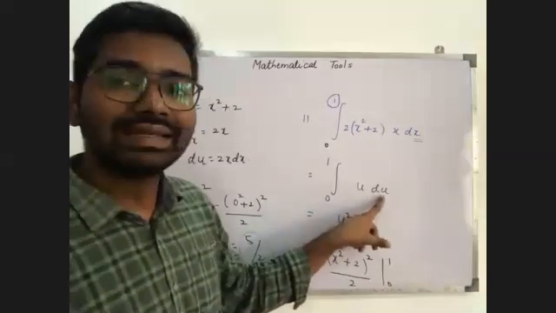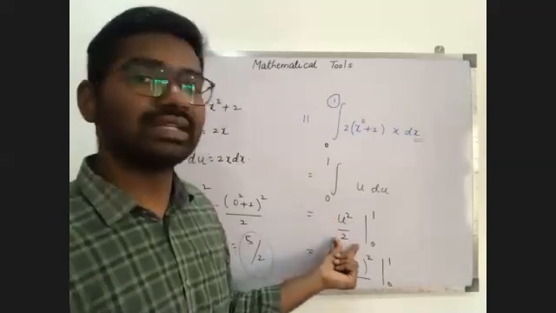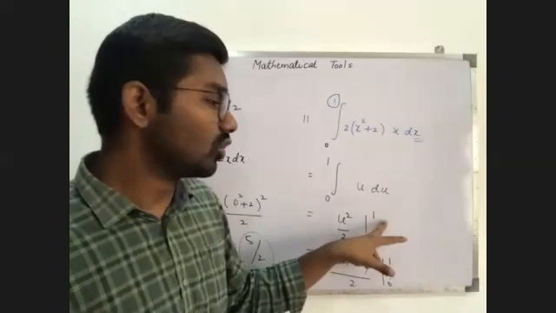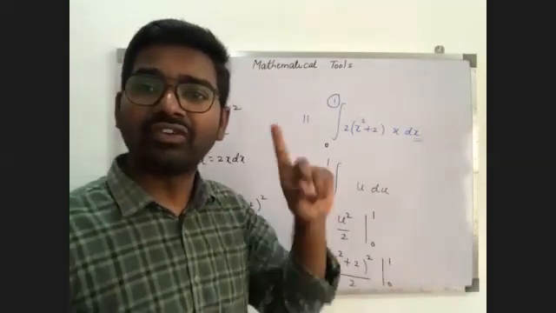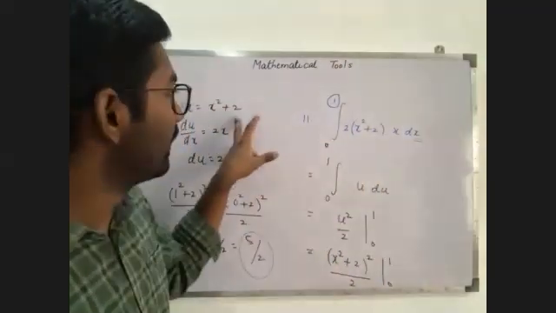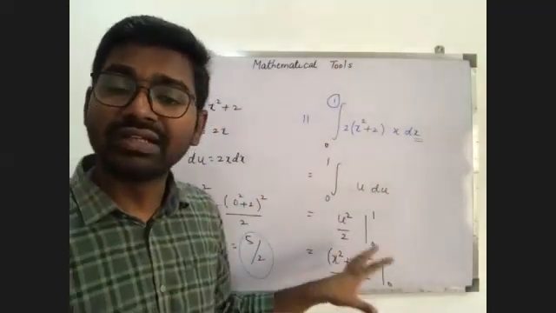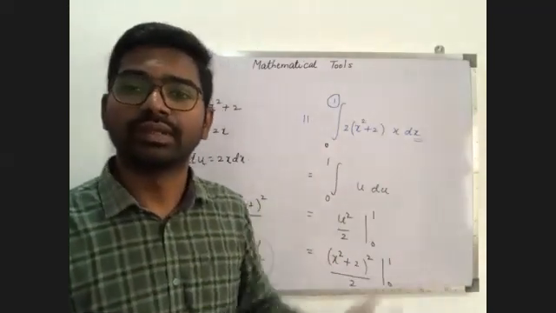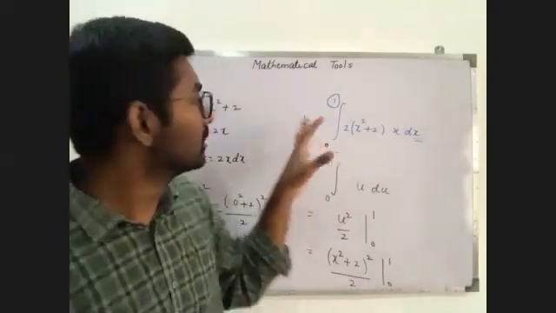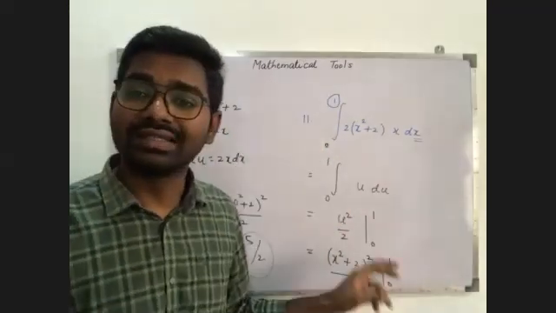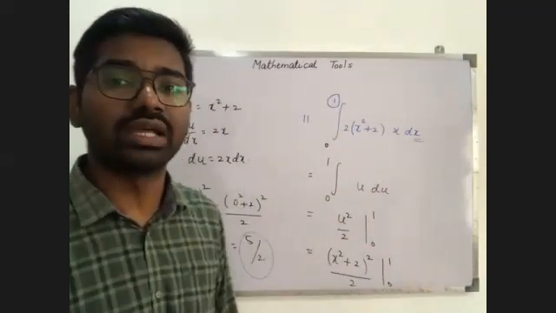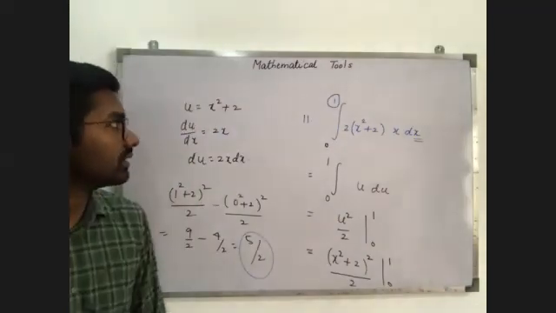U du integration is nothing but u square divided by 2, u to the power 1 plus 1 divided by 1 plus 1. But don't put the limit because these limits are for x. So first calculate by substitution. Then after you substitute the original function, after that put the limits. So use the substitution, but after putting the original function in the integration, in the final step you can put the limit. Is it clear?